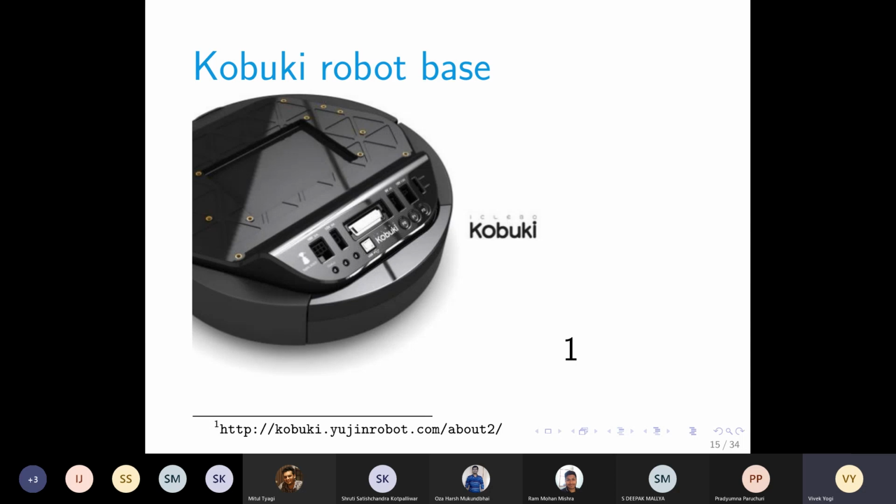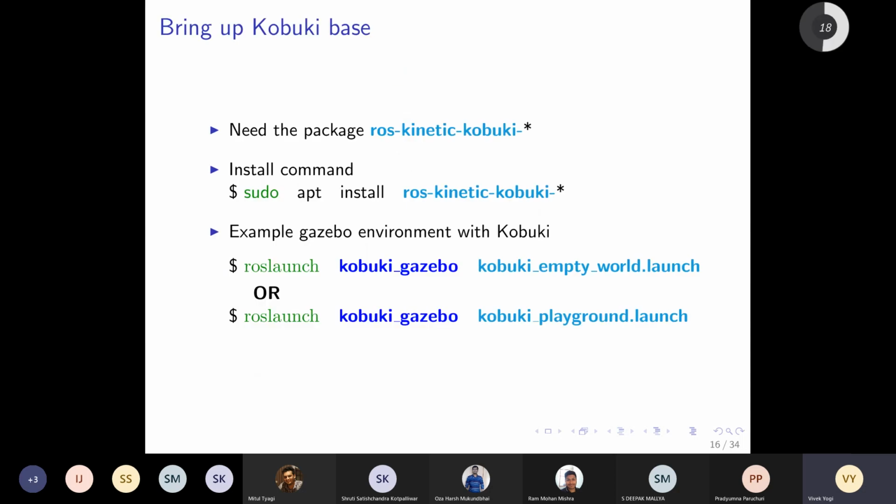So this is the robotic base, and we are going to first of all download this robot's model, then simulate this model, and finally see how to control this robot, how to make it move from here to there. This robot has a lot of sensors, which we'll see. So let's go ahead and see how it is downloaded.